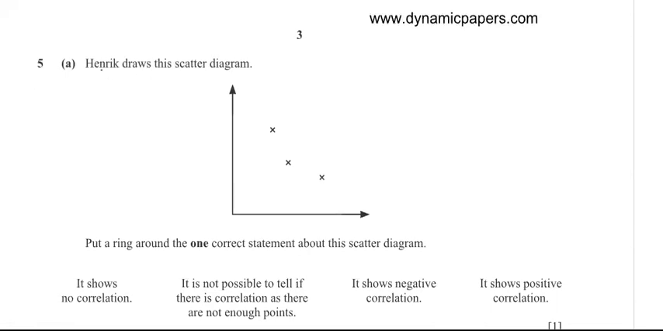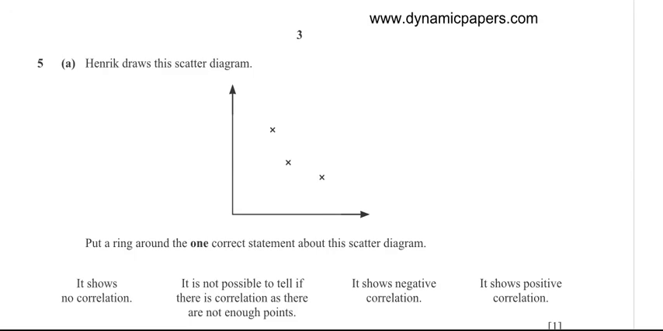Okay, Henrik shows this scatter diagram. Put a ring around one correct statement about this scatter diagram. It shows no correlation. It is not possible to tell if this is a correlation as there are not enough points. It shows a negative correlation. It shows a positive correlation. About the correlation, remember,